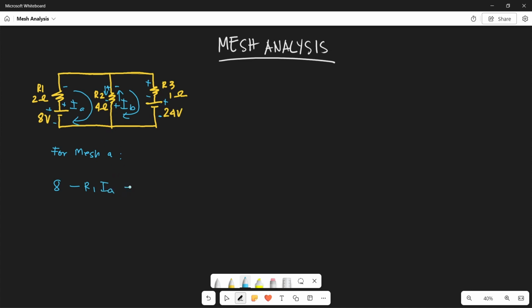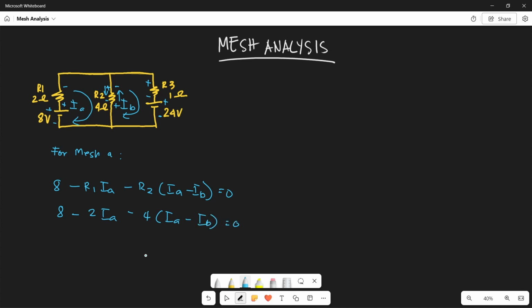And then minus R2 times the current through R2, which is IA minus IB, is equal to 0. So 8 minus R1, which is 2 ohms times IA, minus R2, which is 4 ohms times IA minus IB,